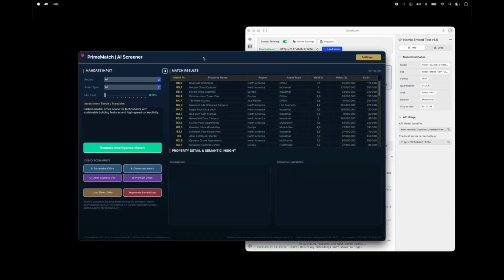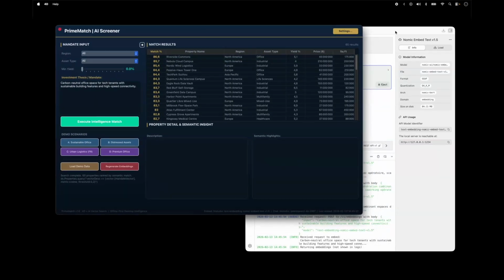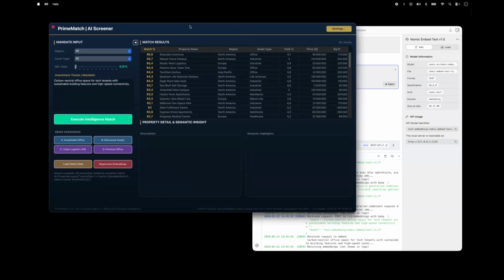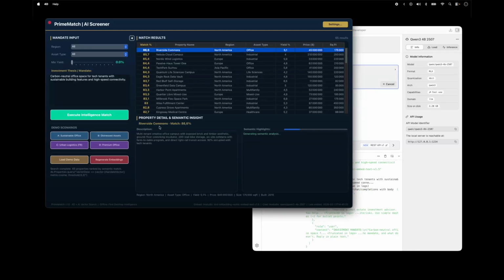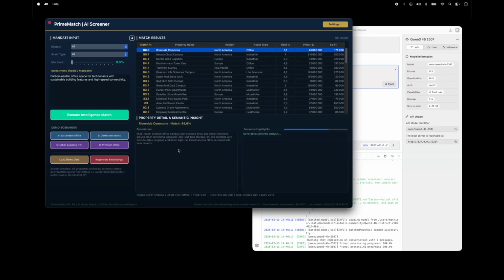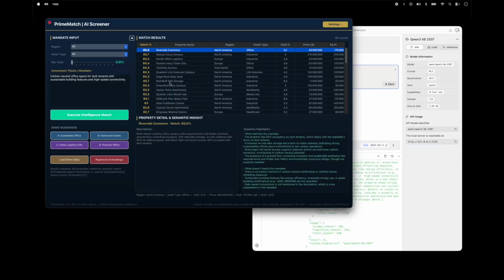All right, here are my results. So it's quite fast. If I do it again, you will see here in LM Studio that there's an embedding going on. It's very fast. And I will select the first line, Riverside Commons here in North America. And the idea here is that I will complete this semantic search, because this is a semantic search here with the match. I will complete it with a comparison, an assessment between the investment strategy, the mandate, and the actual